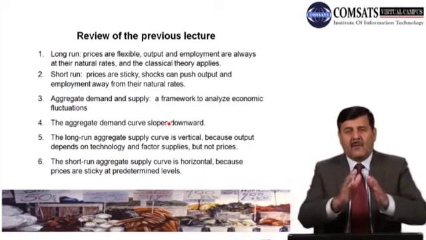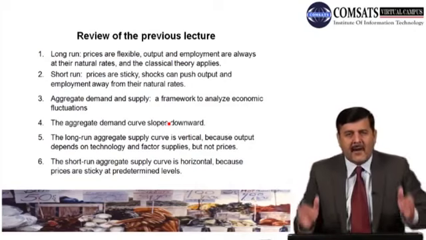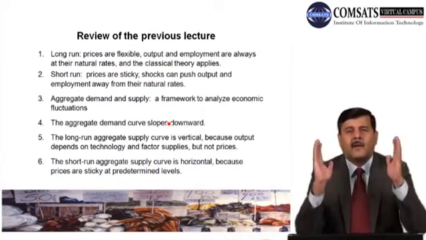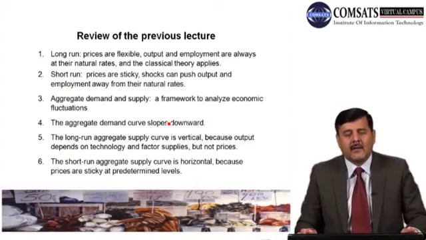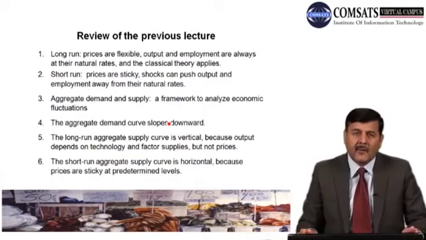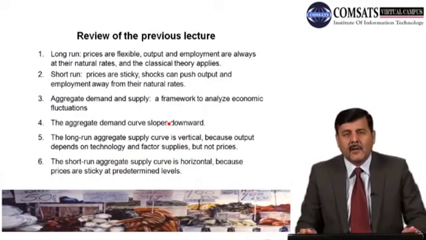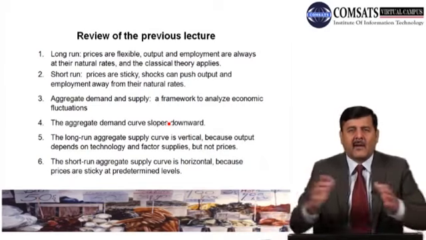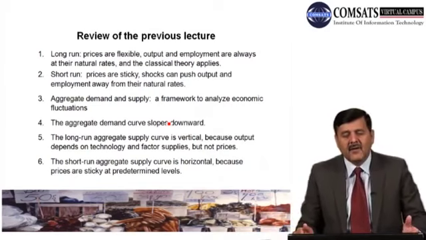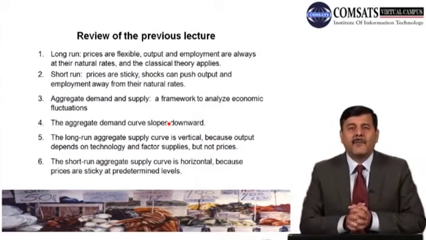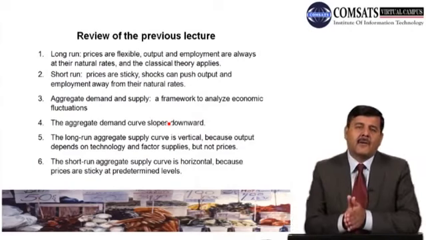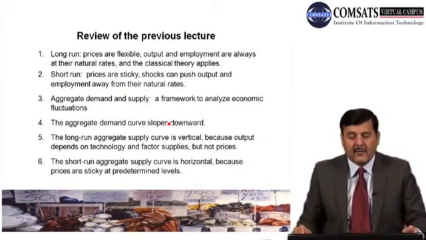After we separately discussed the aggregate demand curve and aggregate supply curve, we combined these two curves and tried to see how economic fluctuations can disturb the economy in the short run, and in the long run how it comes back to its natural rate, right? So we combined both aggregate demand and aggregate supply in one diagram and saw what will happen to the economy in the short run if there is economic fluctuation, and in the long run the economy comes back to its natural rate. So this was